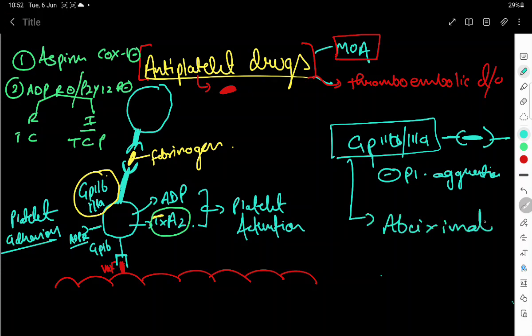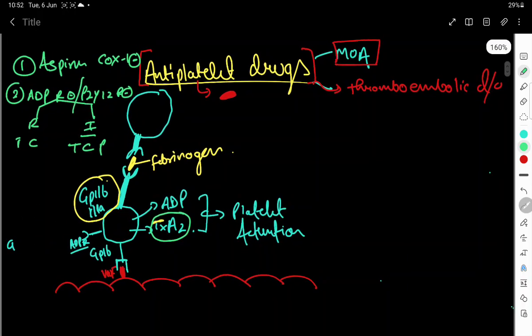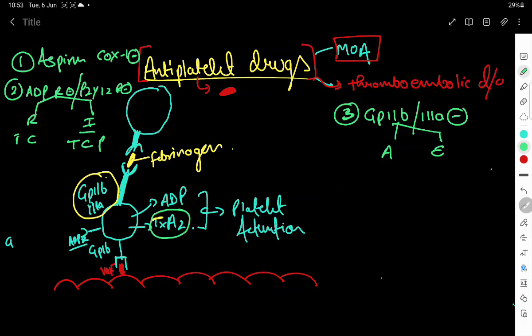abciximab and tirofiban. Okay, just remember these two drugs. So these are GP2B3A drugs that are going to inhibit platelet aggregation. So the third class of drug, let's summarize it here. Let's write it here. We have the third class of drug, that is the GP2B3A inhibitor. We have studied abciximab